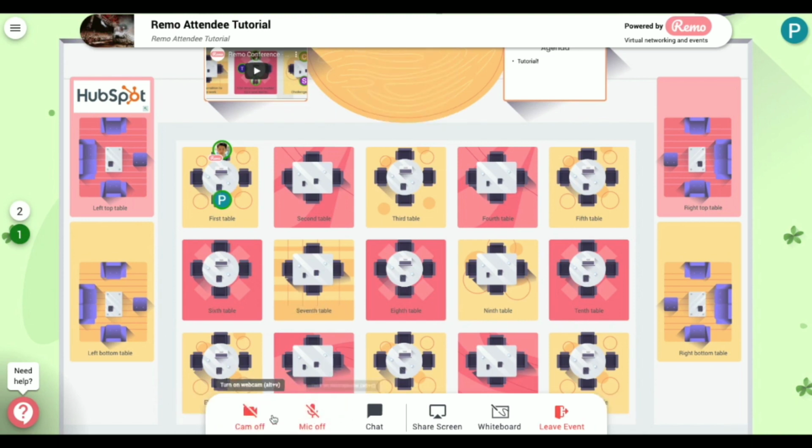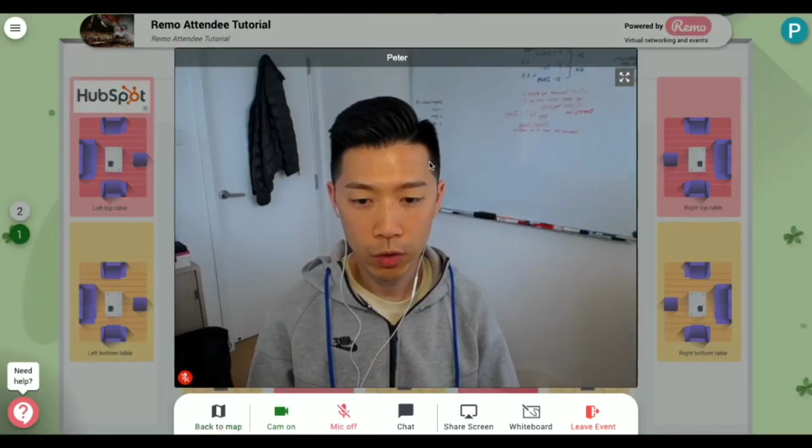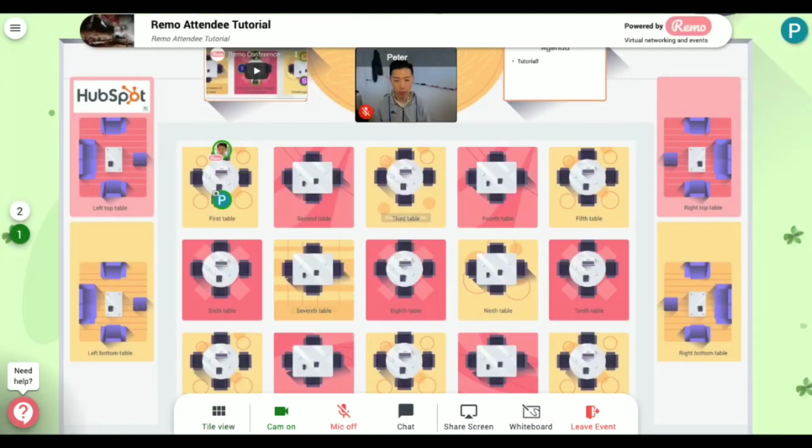When you turn on your camera, you can also switch to tile view right here like this. And you can also click the back to map to go back to your map. You can also double click on each table to go to that table, so you can see here. And when you go to a different table, you will only see and view the people that are active on that table and with their video and camera turned on. So if I double click back here, I will only see the other individuals here that have their videos and